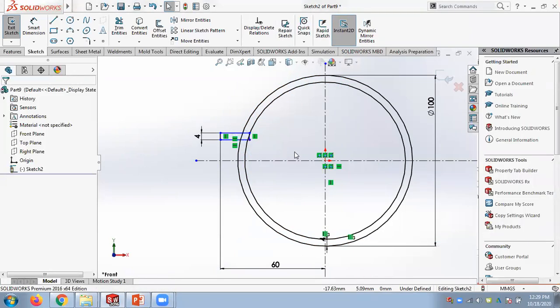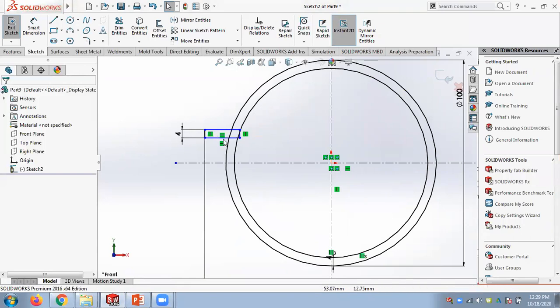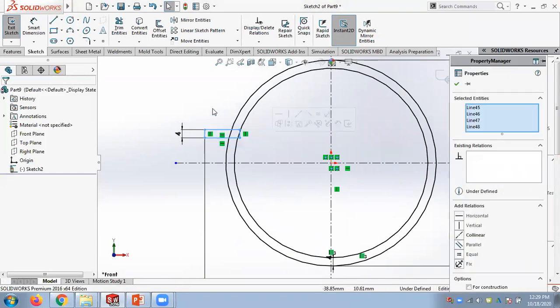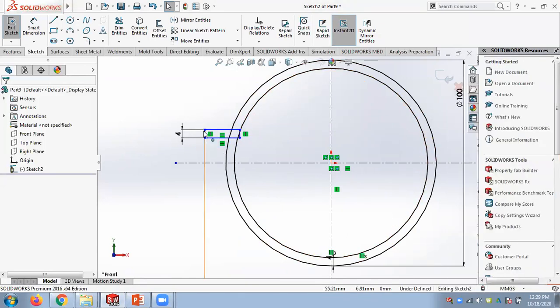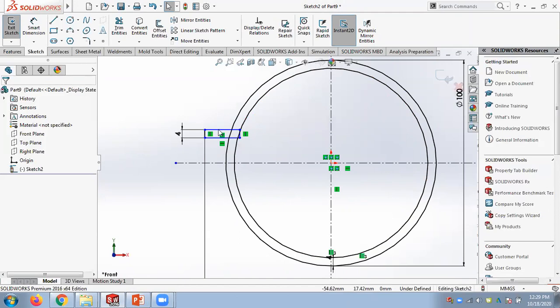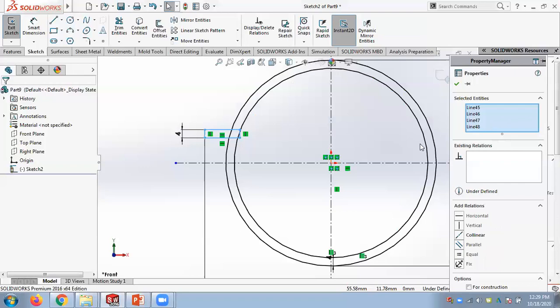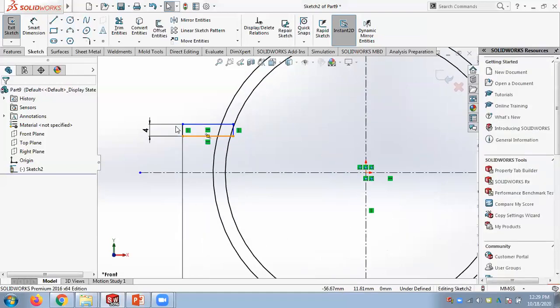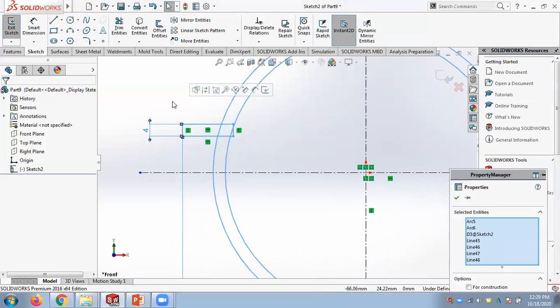Before getting that necessary shape, we can mirror this area. So I am selecting this rectangle. You can use the selection like left to right selection like this. So you click here and cover this using a rectangular box. So I selected all the 4 lines. Otherwise, you have to click one by one and select, which is difficult. If you select this way, it's a right to left selection.